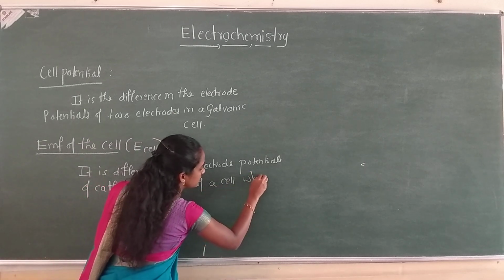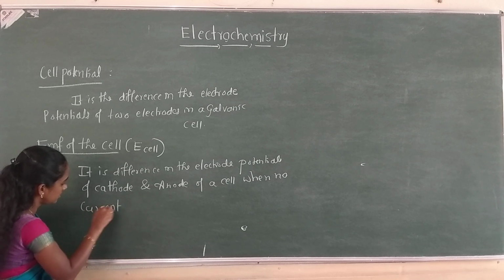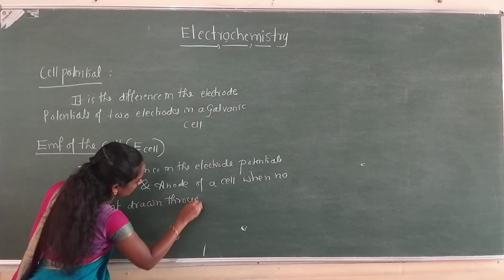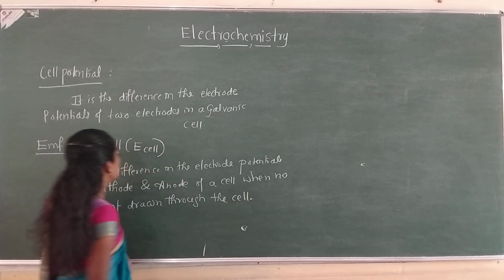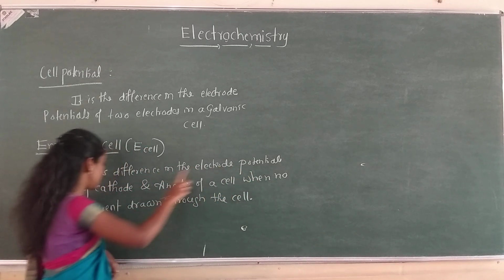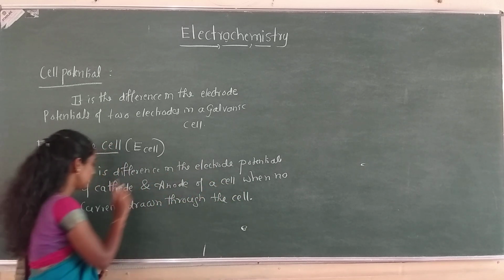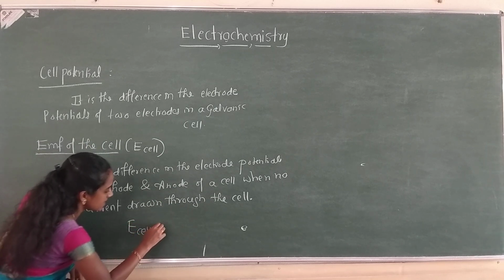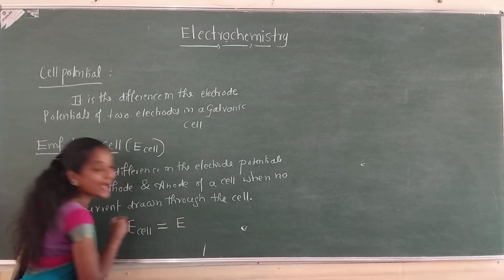when no current is drawn through the cell, or when no current flows through the cell. What is E cell, or EMF of the cell? It is a difference in the electrode potentials of cathode and anode of a cell when no current flows through the cell. So we can write E cell, that is EMF of the cell, is equal to the difference between the electrode potential of the cathode